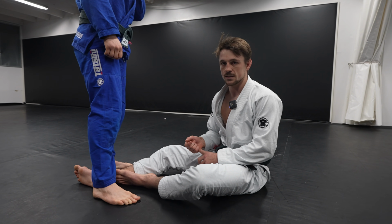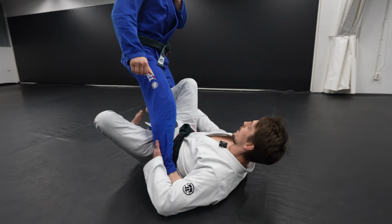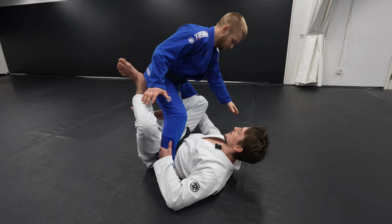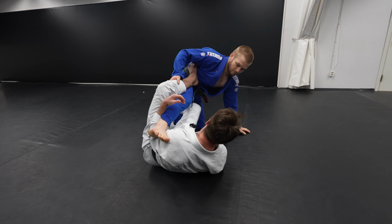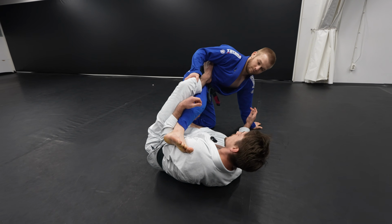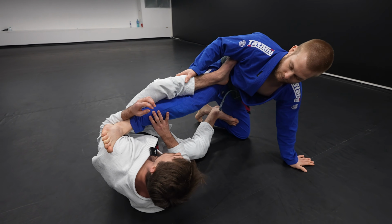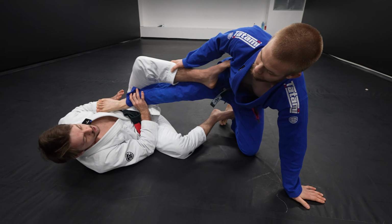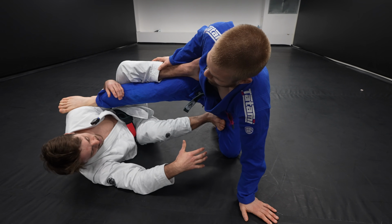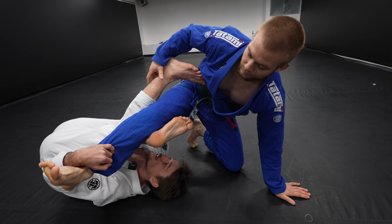So like single leg X with underhook. Anytime you can get into X-guard, single leg X, or even with underhook like this with single leg X, and you get them out to the side, same idea. You put your foot on the far leg, stretch out, you have the leg shelved on you. Now it's going to be on my arm instead of directly on my rib cage. But again, I'm here, frame, and now invert, get my foot behind, grab,